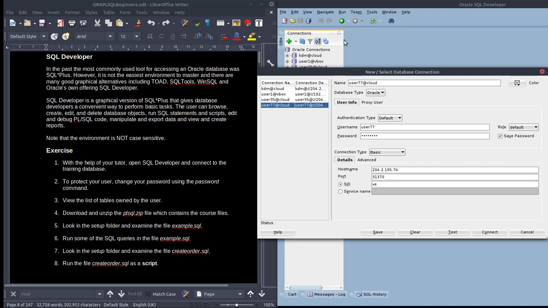So I've got other connections like that one there, user one at VirtualBox. Now if you're connecting to the cloud, different to VirtualBox, it's that IP address, it's that port, and because it's an 11G database, it uses a SID XE, and you can test that.